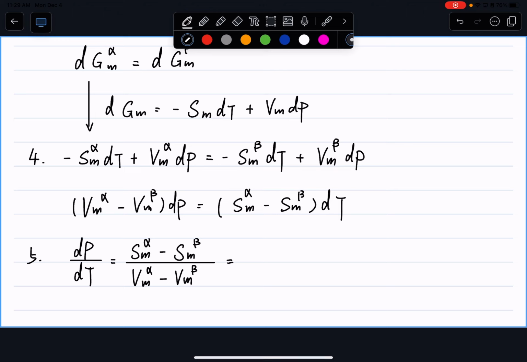Or when we have this kind of expression, what we are talking about is the change of your molar entropy when you're having the phase exchange between alpha to beta. And on the bottom, we have the change of your molar volume. Right. And we derived this a pretty long time ago, that reversible phase change. So this one is in 3.25.